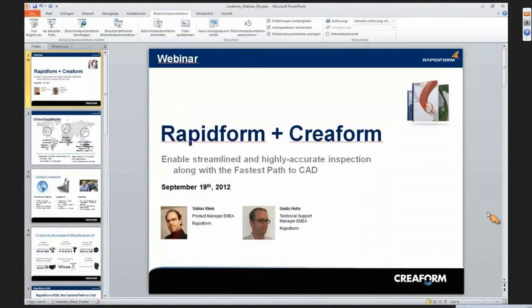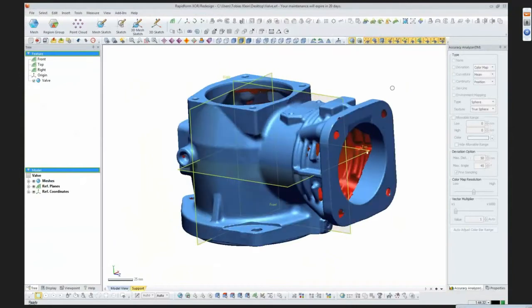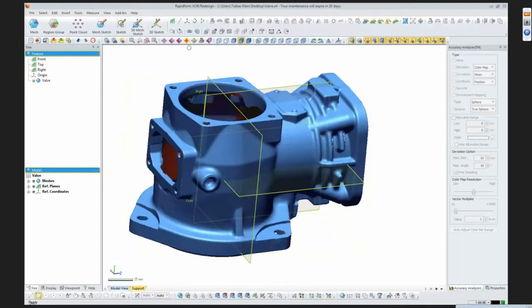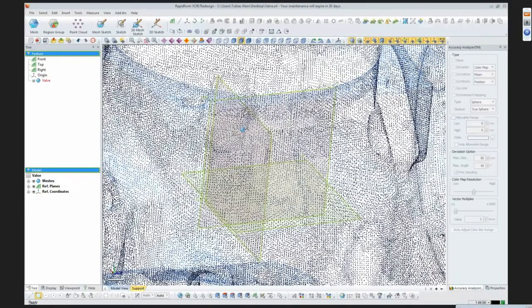We want to see the reverse modeling of this part. This is a valve casing. This valve casing is scanned already and meshed. So you can see here when I activate the point mode, you can see here are points in space, and the triangles actually triangulated. So we have a shell mesh, and this shell mesh looks already like it can be